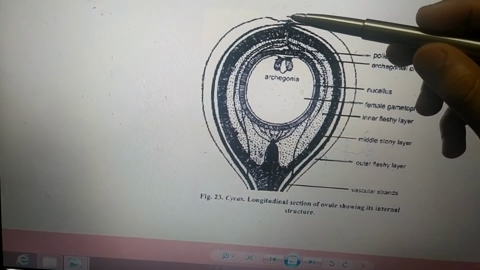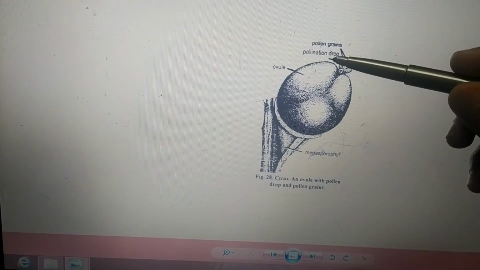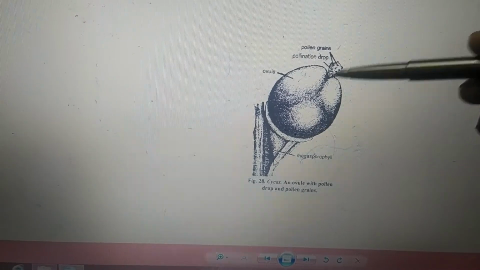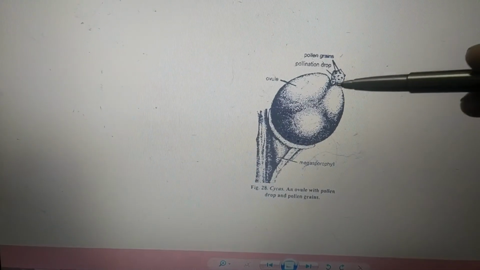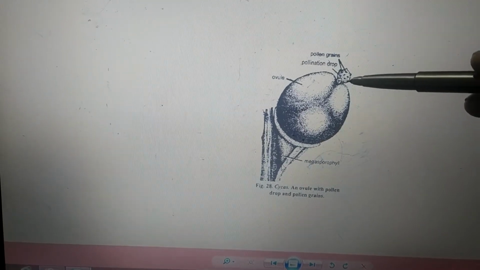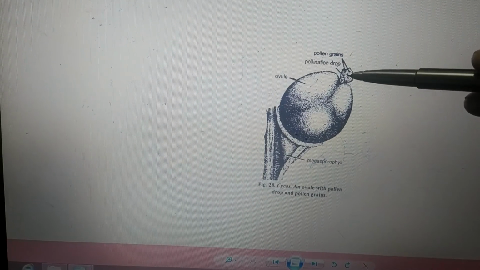So we have this fluid which is going to ooze out of the micropyle and collect, and whatever fluid is collected here is called the pollination drop. It looks somewhat like this. So this is the ovule. We have this pollen chamber followed by the archegonial chamber. The cells present in the pollen chamber are going to disintegrate and ooze out at this point. This is a pollen grain. This enlarged structure is a pollen grain. This is the pollen drop. Inside the pollen drop, we are going to